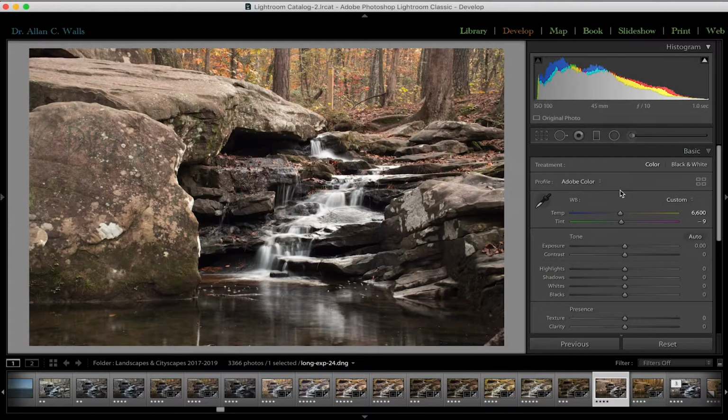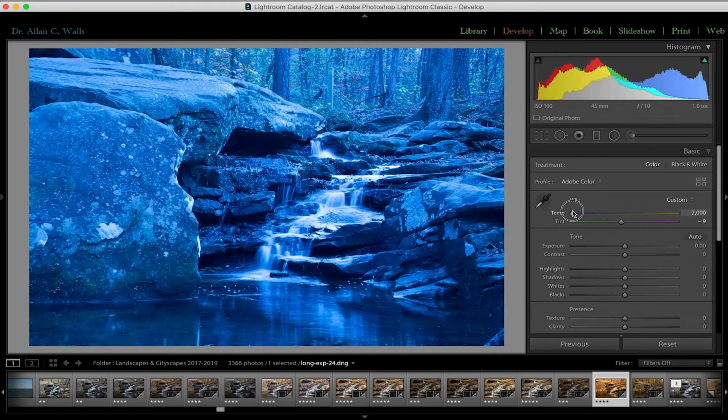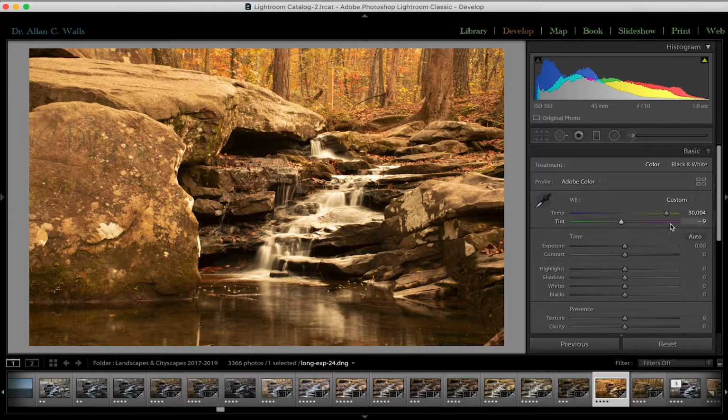So they're the three ways. Well, there's a fourth way. You can just manually slide it. You can change both the temperature, which is basically favoring the oranges or the blues to give you that cold look or that warm look, and the corresponding colors are in the tint slider, which allows you to make your photograph greener or more magenta. And balancing them